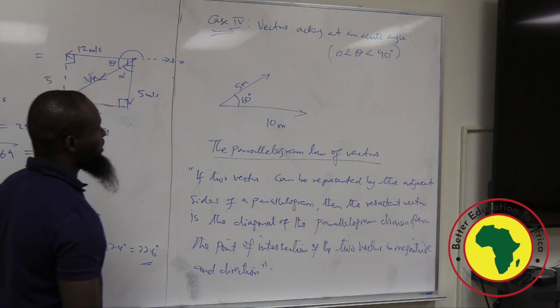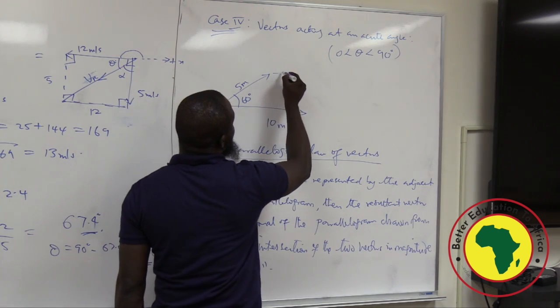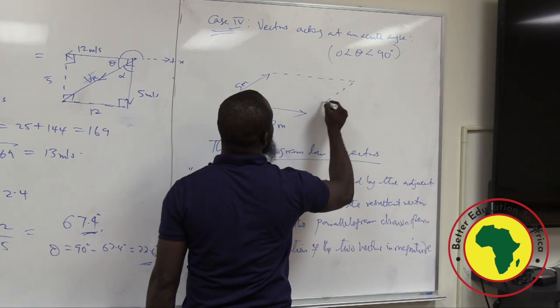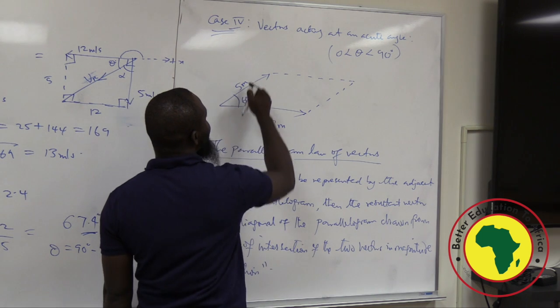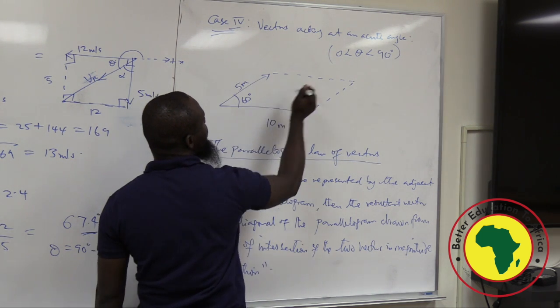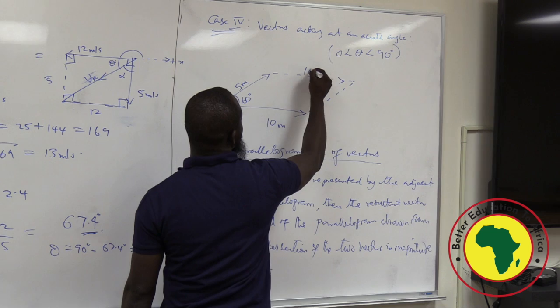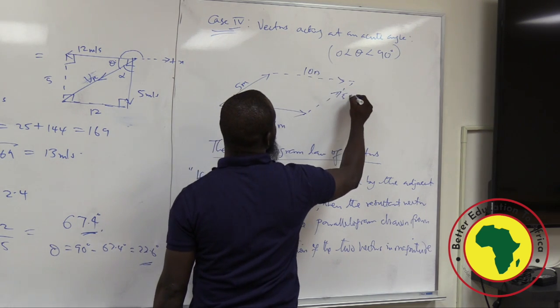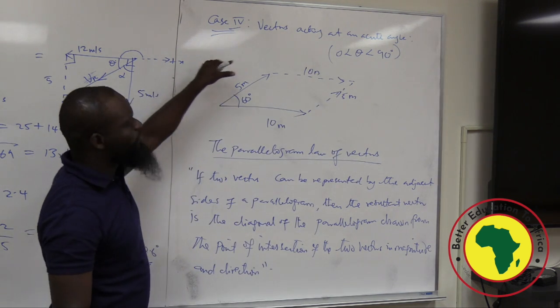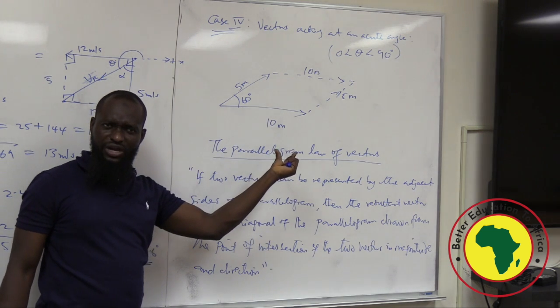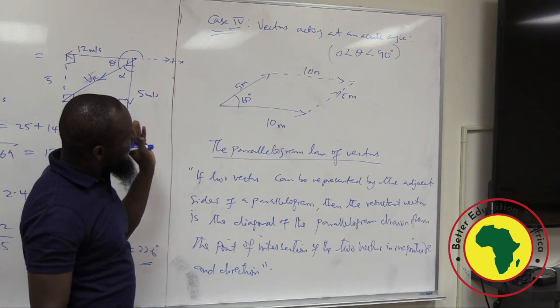So I'm going to explain this. What it means is we can complete this to look like a parallelogram, so that the two vectors are like the two sides of the parallelogram. So this is 10, this is also 10 meters, this is 5, this is also 5 meters. Once I can complete a parallelogram from the way the vectors are, I can get the net vector or the resultant vector